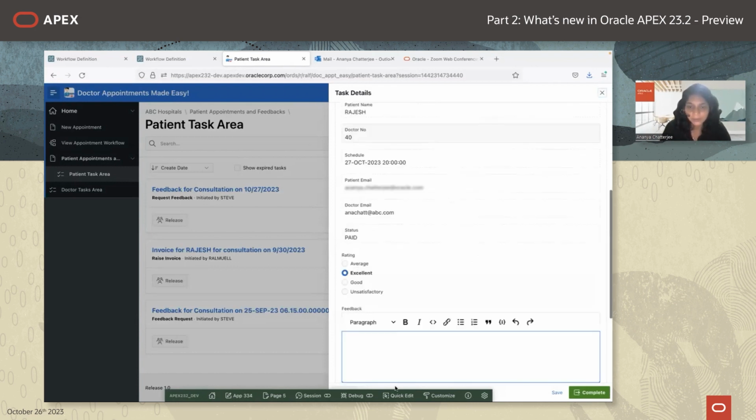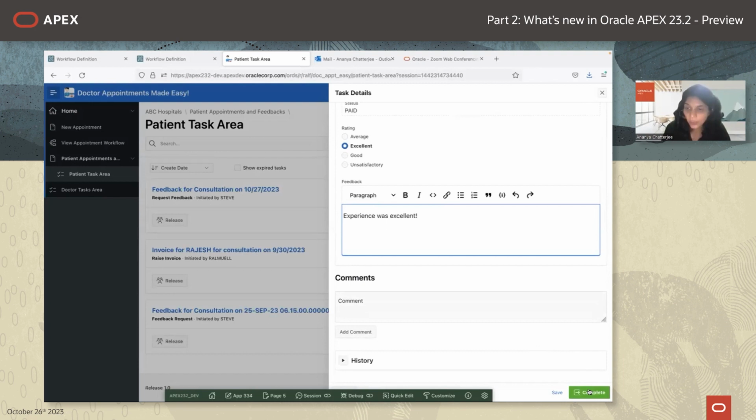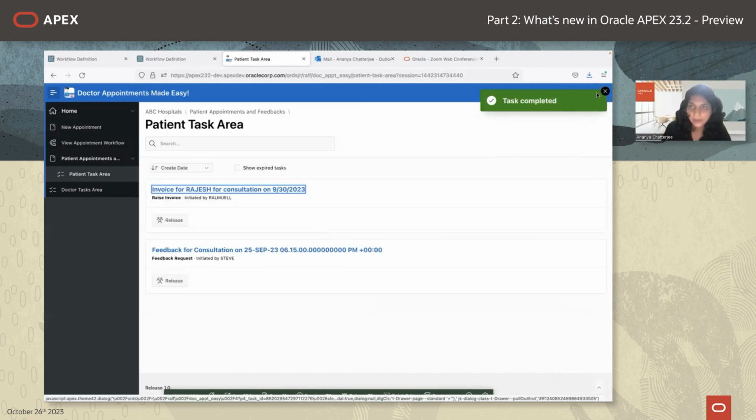So here I can leave the feedback for this experience. And I said the experience was excellent. And I complete. This also is an action task for the patient to perform. It's not an approval or rejection kind of scenario at all. And I complete this. Now, if I log back in as Steve,